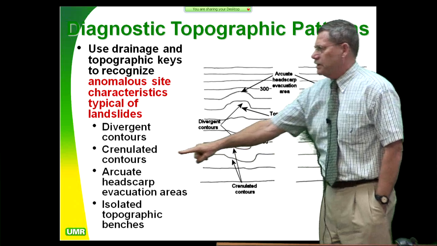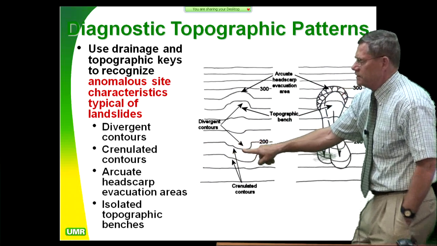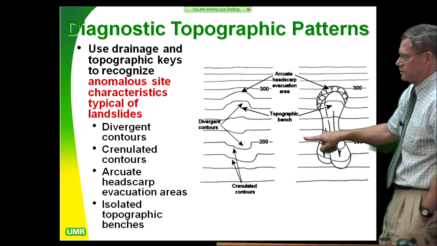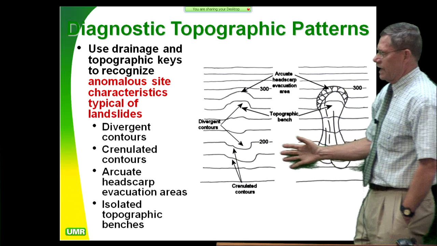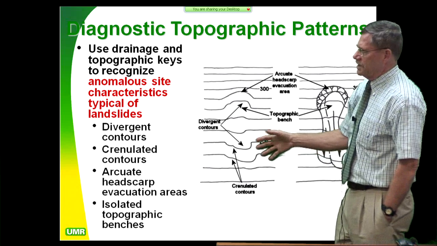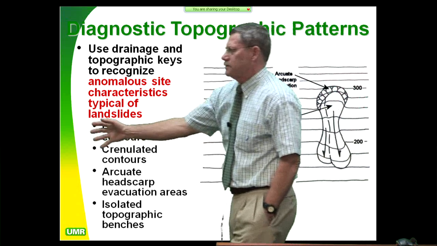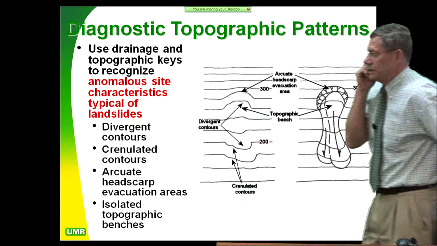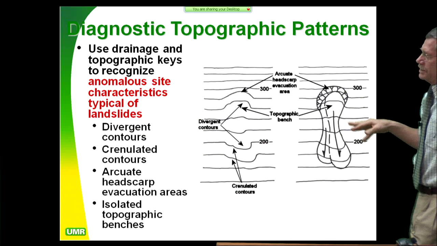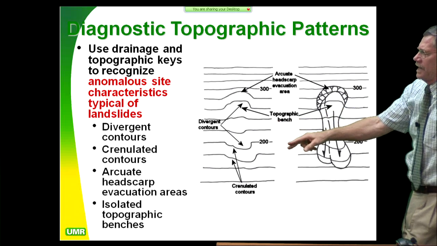You're also going to see crenulated contours. What that means is crenulated contours have these funny curves in them, and then they go back to being straight. So you have to ask yourself as a scientist, why do I suddenly get this change in contour and then it goes back to its regular pattern? So if you have an isolated crenulation or just a whole series of crenulations, you want to be asking yourself,